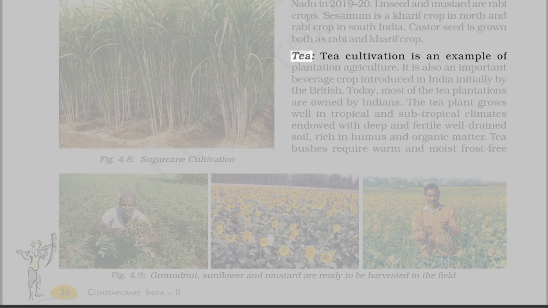Tea cultivation is an example of plantation agriculture. It is also an important beverage crop introduced in India initially by the British. Today, most of the tea plantations are owned by Indians. The tea plant grows well in tropical and subtropical climates endowed with deep and fertile well-drained soil, rich in humus and organic matter. Tea bushes require warm and moist frost-free